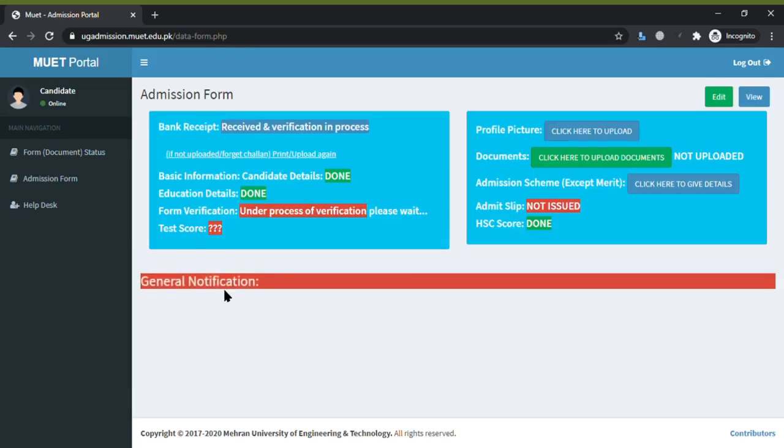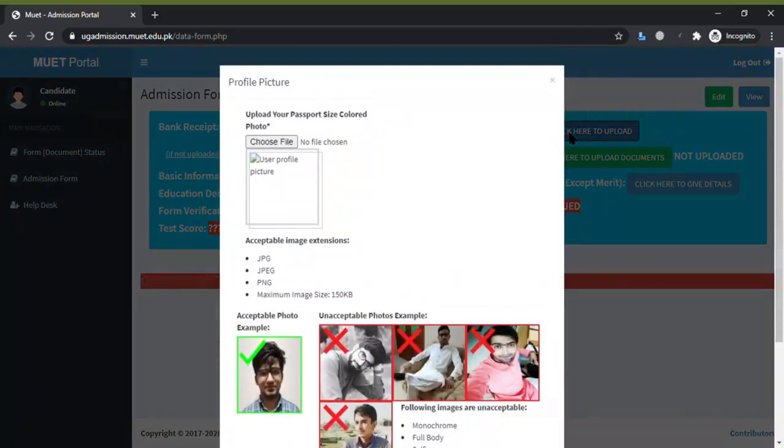Now you have submitted the details appearing on the left side. Next you have to complete the details appearing on the right side. First of all, submit your profile picture.